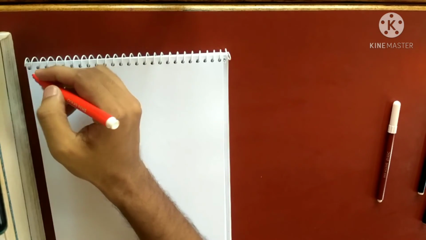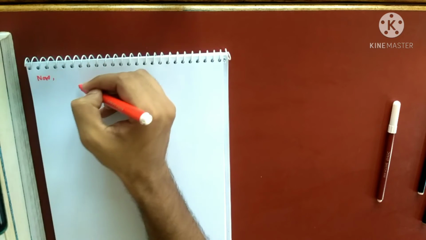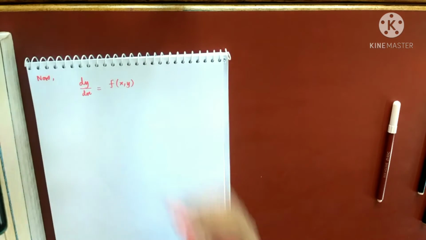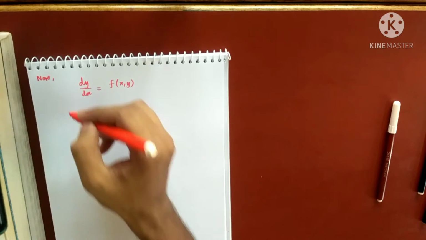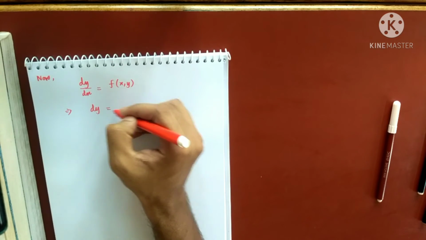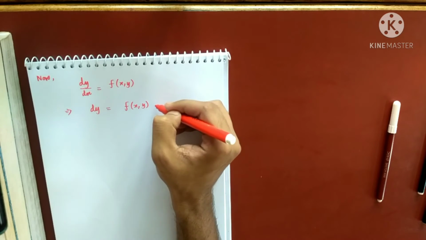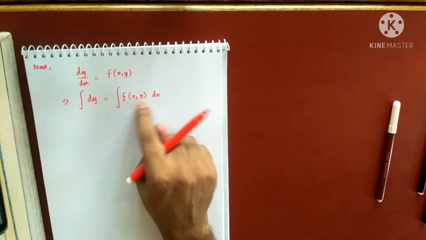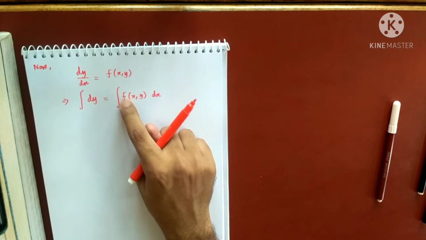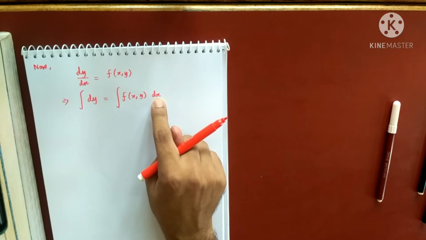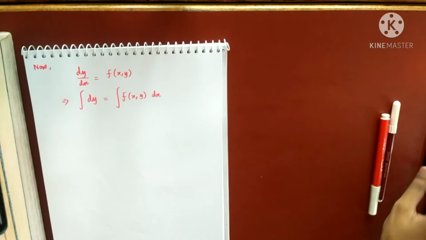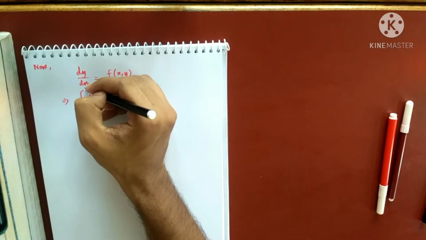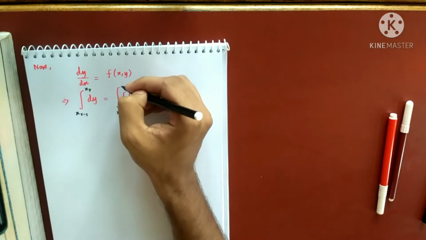So what will we do now? We have dy dx equals f of x comma y. This implies dy equals f of x comma y dx, integration, right? But you see, I cannot integrate this because this may contain y as well, but I have to integrate with respect to x. So according to Euler's assumption, we will integrate in this subinterval xr minus 1 to xr.